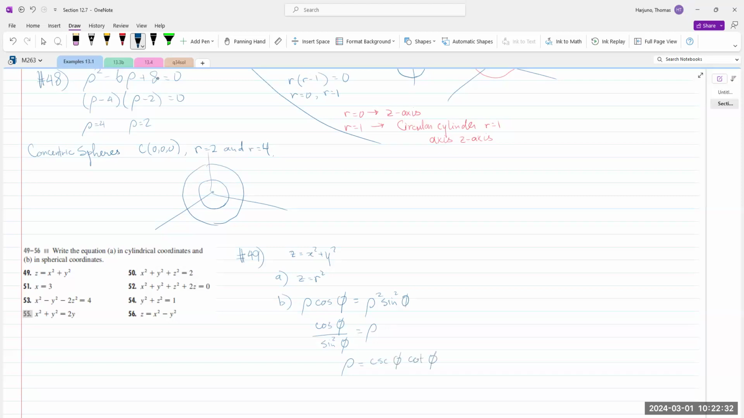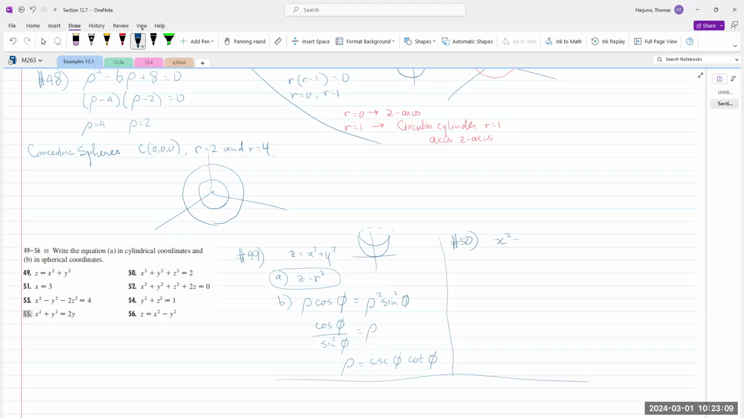cotangent phi. Okay, so this actually gives us the equation of a paraboloid facing up, right? This is a paraboloid facing up. But the spherical equation looks quite ugly, so we don't really use that, but the equation in cylindrical is actually quite nice. Okay, number 50,